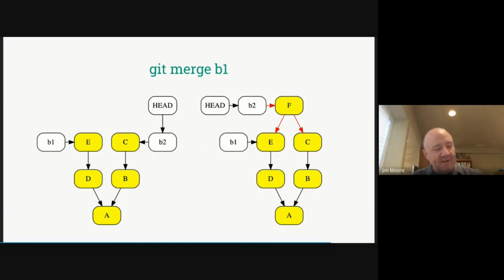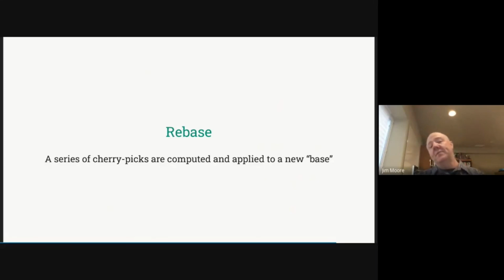People often call Git a workflow machine, a workflow toolbox, because you can implement so many different kinds of workflows, and it supports all of them because you're just dealing with pointers. You're moving pointers around, and pointers are really powerful. So git merge B1, just a slightly different way of looking at it. Our current head is on branch 2, and as I said, this is just a different way of visualizing the same thing. But we'll see why I made this little shift here when we take a look at rebase.